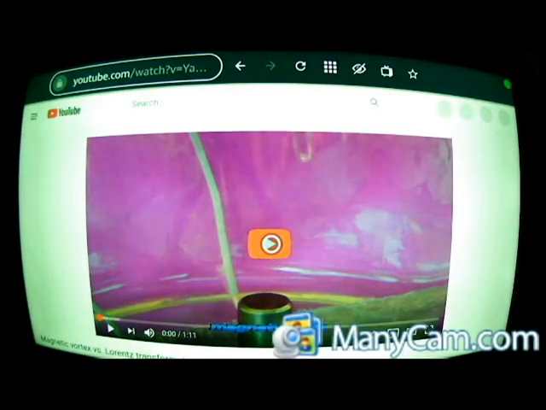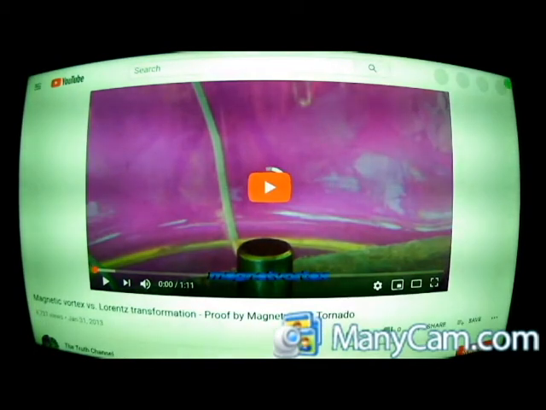This is a response to the Lorentz deflection. This is a magnetic vortex spin that